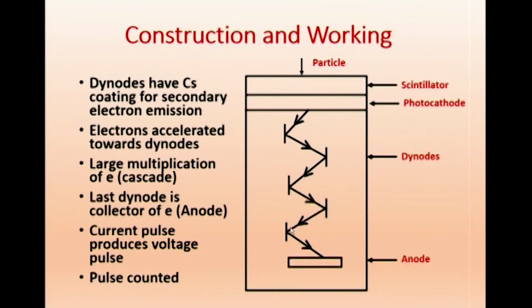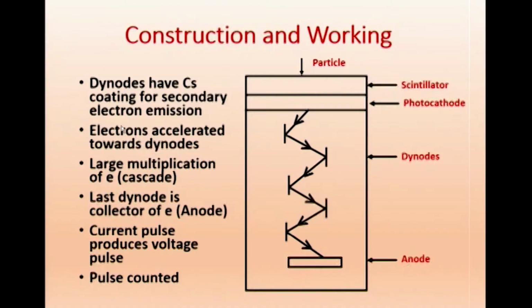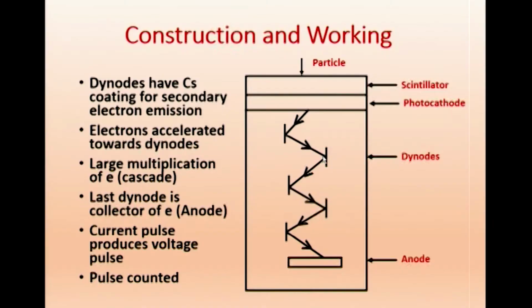Maybe 1, 2, 3, 4, 5 of them we have shown, and it can be long. In that case, all of them will get reflected and will get good multiplication of electrons. So electrons are accelerated towards the diodes because it is increasing potential. Normally from the photocathode, electron will be emitted in any direction, but once it comes here, because this has got positive potential, that is the nearest positive potential, it will be attracted towards that. Then secondary electron will be emitted and it will be moving towards a greater potential, this one.